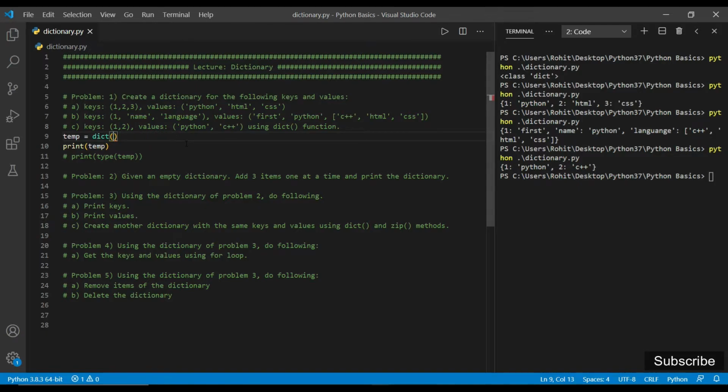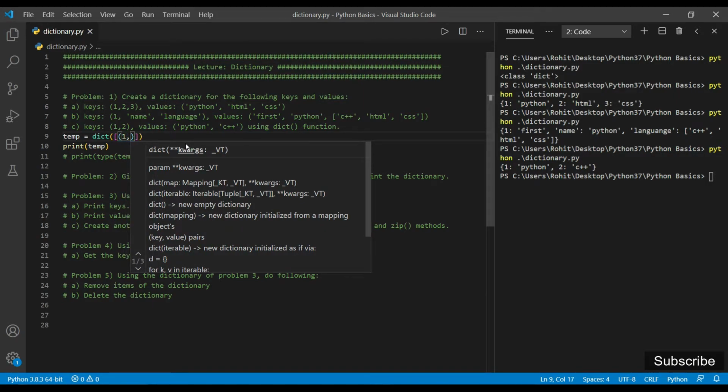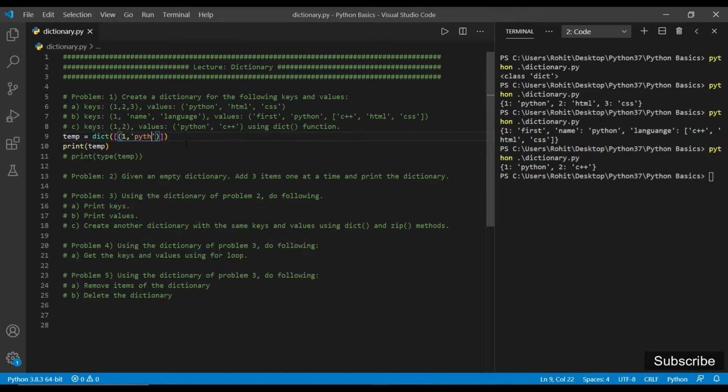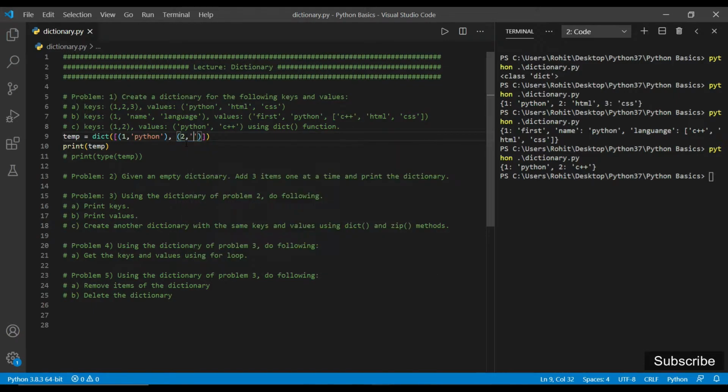We write inside parentheses a list, and we provide the pair, that is we have the key as 1 and the value as Python, and after a comma we can provide the pair as key 2 and its value as C++, and we will be getting the same answer as 1 Python and 2 C++. Okay, so this solves problem 1, and I hope you understood how to create a dictionary.